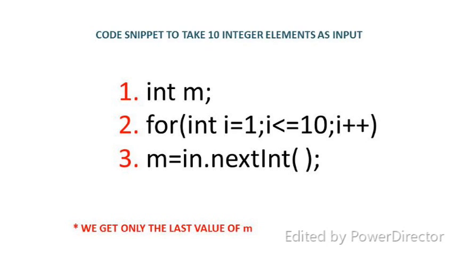Let us understand the concept with the help of a program snippet that appears on your screen. Here, the location represented by the variable m can store only one integer data value at a time. As the loop repeats and the next value is assigned to m, the previous value of m will be deleted. After completion of the loop, you will find that only the last value of the variable is left in the memory location, although you entered 10 different values. As a result, you may not be able to carry out mathematical operations such as sum or average of the numbers given as input.